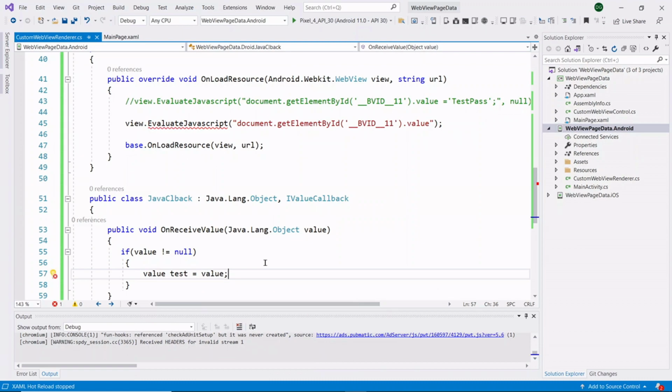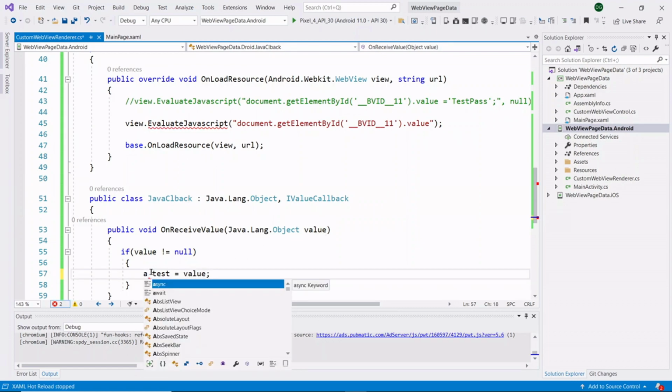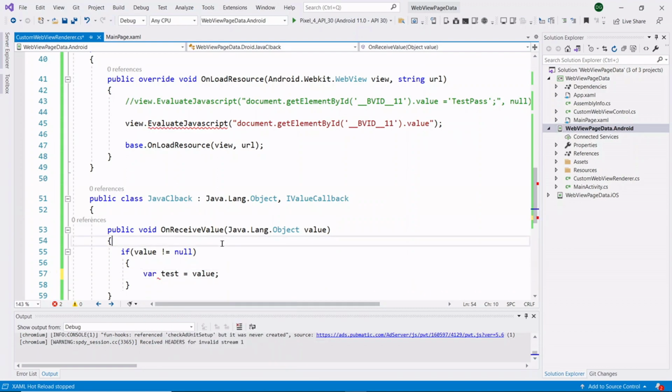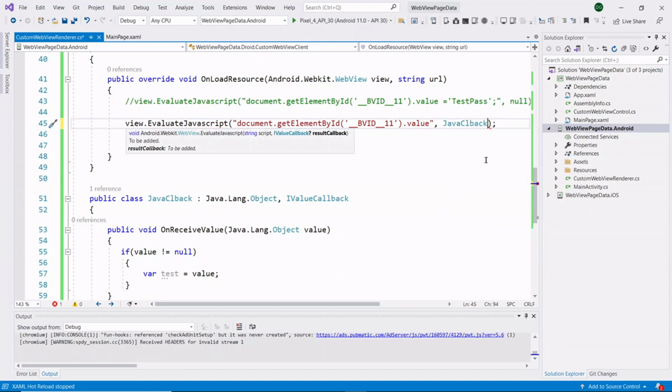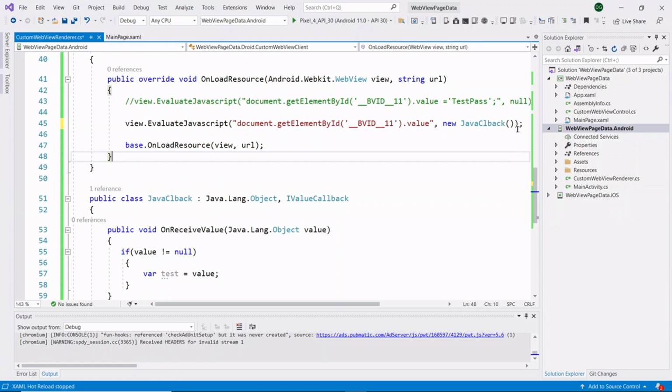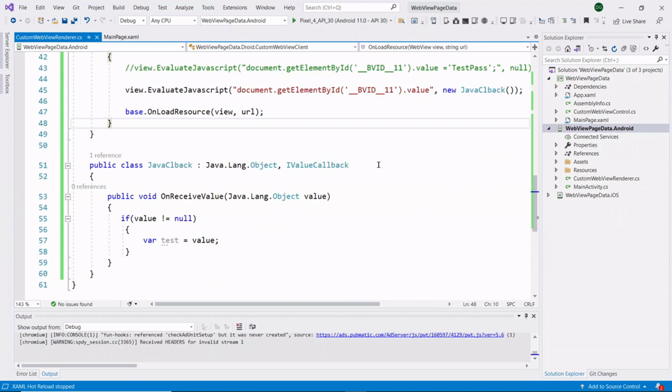So when our page is loaded and when we give text inside our website, the text we will get inside this OnReceiveValue. Now we need to pass this callback method inside EvaluateJavascript.